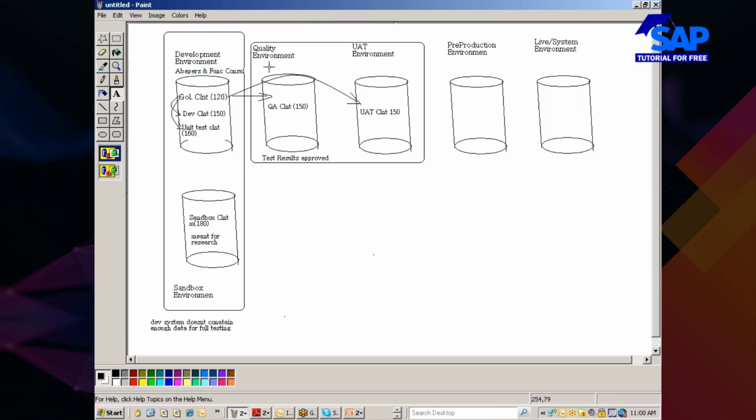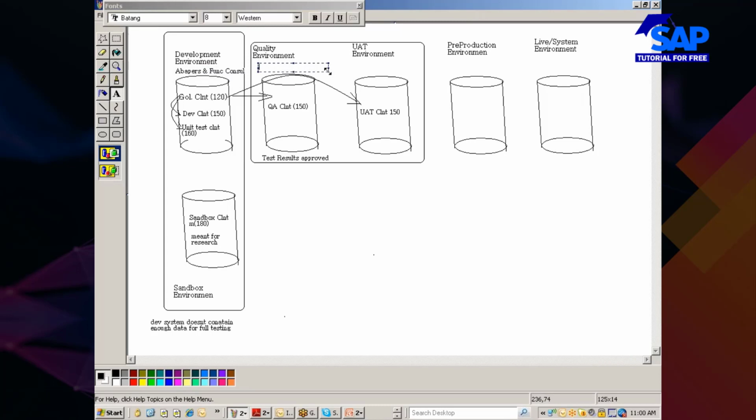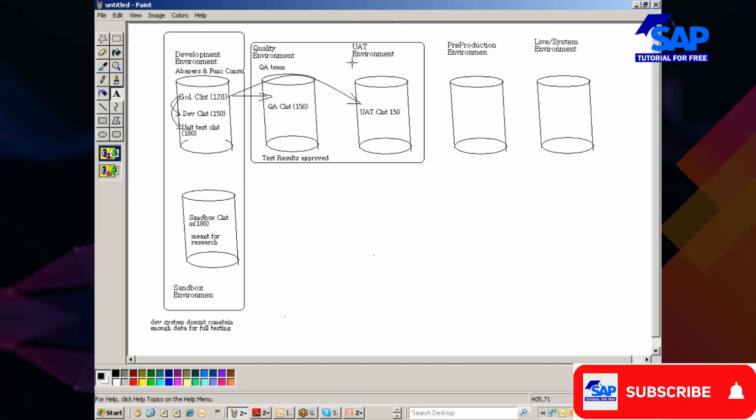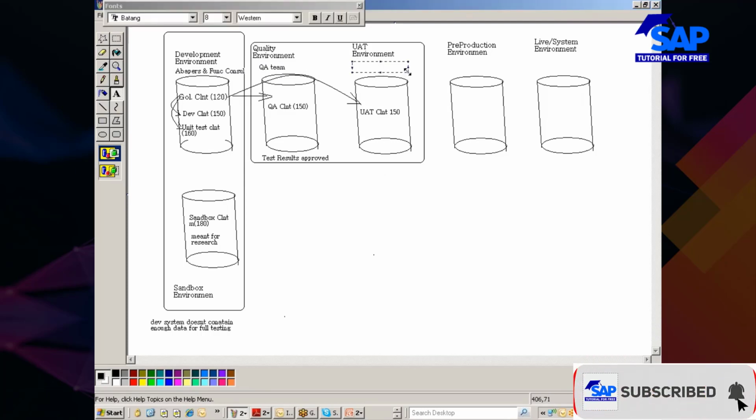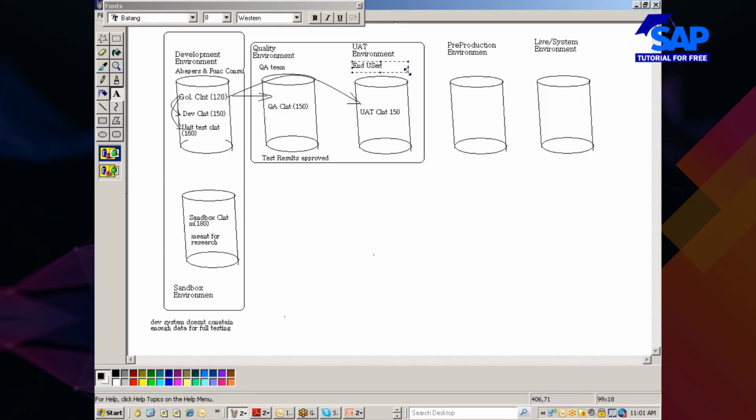Okay, so here in this system, we will be working, I would say, the QA team, right? And in this system, we will be working the end users, the real end users, or I would say process owners.